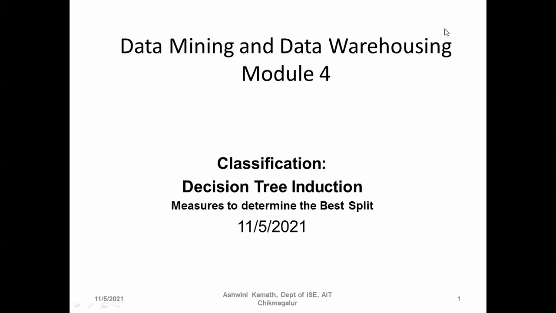And in the last class, we also discussed the binary attribute split, right? That is splitting the binary attribute, we have seen. Today we'll see the nominal attribute and then continuous attribute and ordinal attribute.